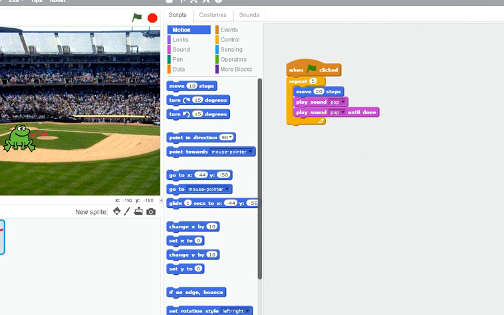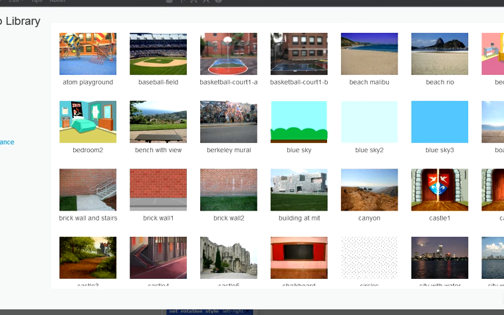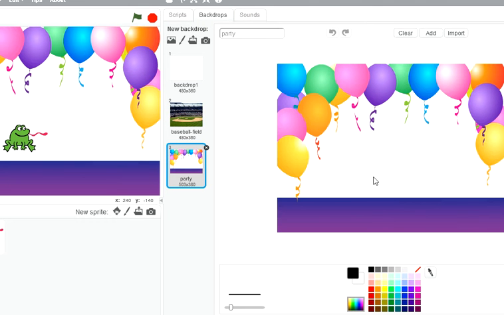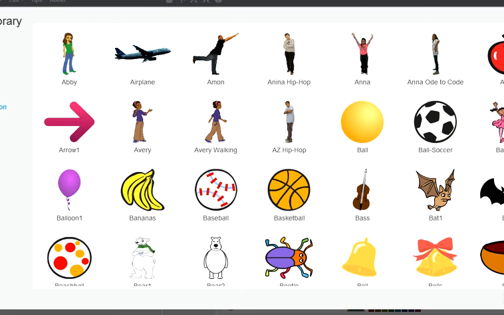Once again I am telling you how to change this backdrop. So click here, choose any backdrop, just go on indoors. If you want to change it to bedroom or birthday party, just select that and click on OK. So like this you can change. If you want to change sprites, just click here and go to whatever fancy sprite you want. If you want ballerina, just click on this and OK.